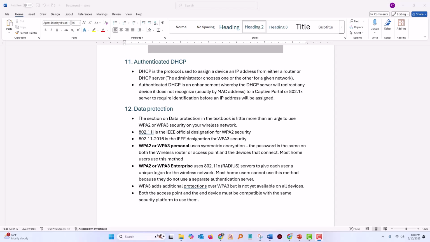DHCP is a twist whereby the DHCP server will not give a device an IP address unless it knows who that device is. In other words, it's had a history of that device. If it doesn't recognize the device, usually its MAC address, then it can send traffic to a captive portal or to an 802.1x server so that the user can identify him or herself before it allows an IP address to be given out. Data protection, in this case, we are simply saying something you already know,